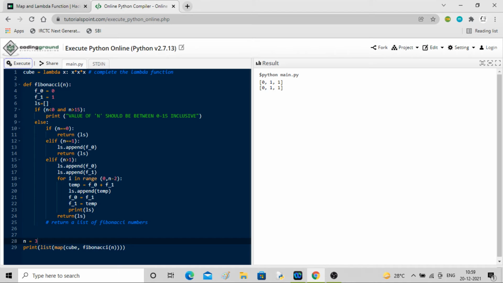If I put n equal to less than 0, let me keep -1 integer value. Oh no, we can't put a negative value because argument 2 to map must support iteration. Okay, so here it should iterate, right? So let me put 0.1.